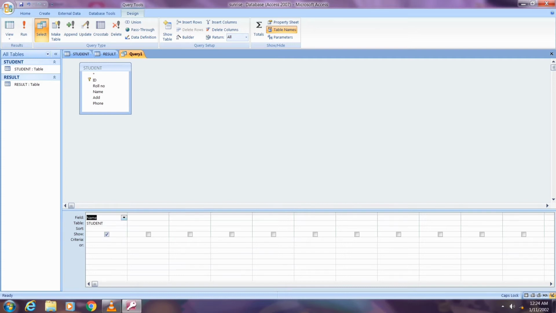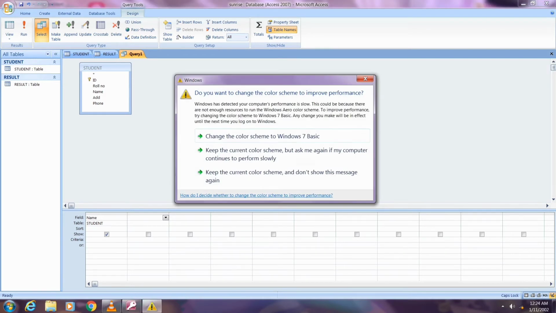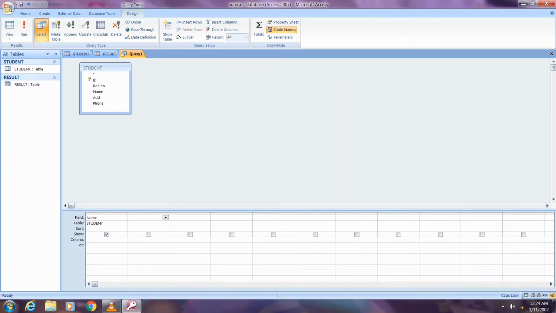After that, for any other field you want to retrieve in the query, you click on the next cell and then select the desired field from here, name and address. Okay, I want to see the address of a specific student, so I will add the address here.